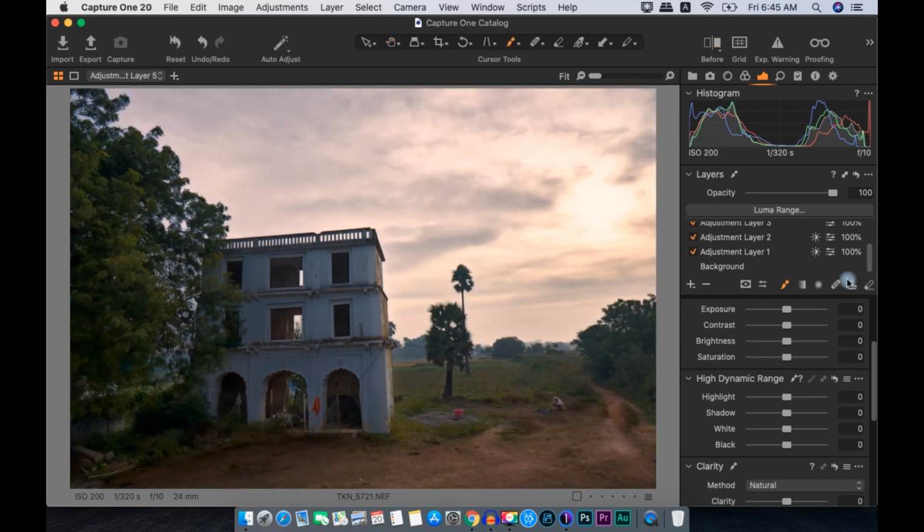So I hope you like this tutorial of how to work with the layers in Capture One. It is a very effective technique particularly in images like this where you have a lot of different color range, a lot of dark areas, a lot of bright areas, and you want to work and edit each and every individually. This is very effective tool to give your photo the best result what you want.